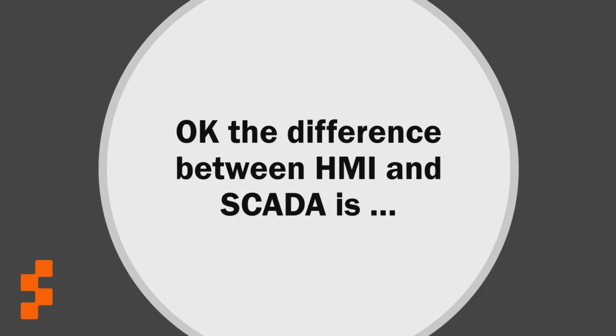The difference between HMI and SCADA is that HMI is a component of SCADA, but SCADA is not a component of an HMI. SCADA is a remote monitoring system, and HMI is local to the plant or process. HMI is a one-to-one relationship between the operator and the machine, but a SCADA can handle a lot of machines and processes. It is possible to use HMI without SCADA, as HMI provides a graphical user interface to control and